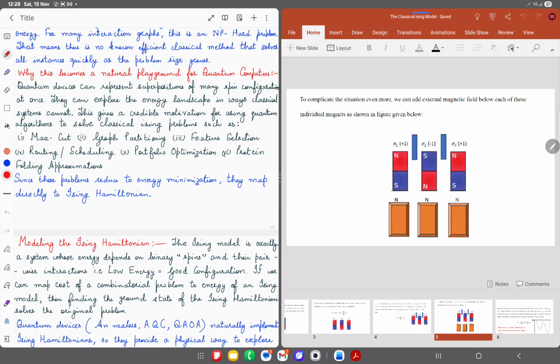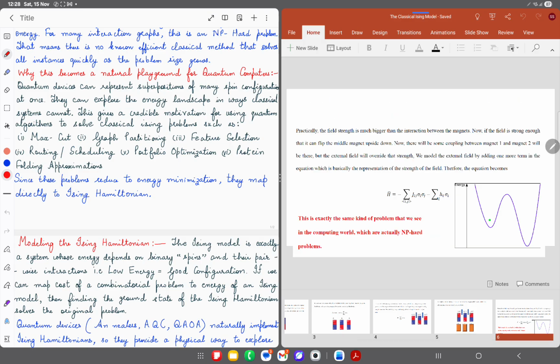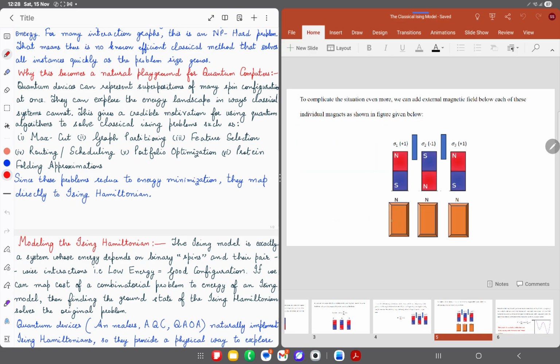But for simplicity, we will assume that these magnetic fields will act on the individual magnets for which these magnetic bars are placed. Now, how does this change the overall Hamiltonian? The modeling of these external magnetic fields will be done by the addition of another term. That means we will take the strength of the magnetic field and we will take the